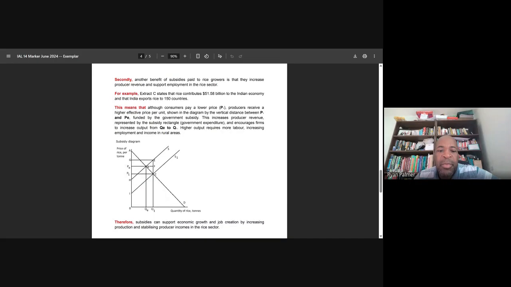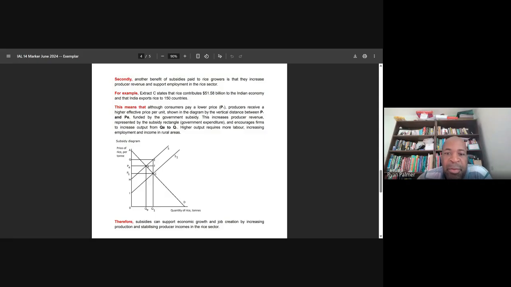So what is the second benefit now of subsidies? So our argument is that it increases producer revenue and therefore helps to support employment in the rice sector. So for example, Extract C states that rice contributes 51.58 billion to the Indian economy and that India exports rice to 150 countries. This means that although consumers pay a lower price, P1, producers receive a higher effective price per unit, shown in the diagram by the vertical distance between P1 and PE,